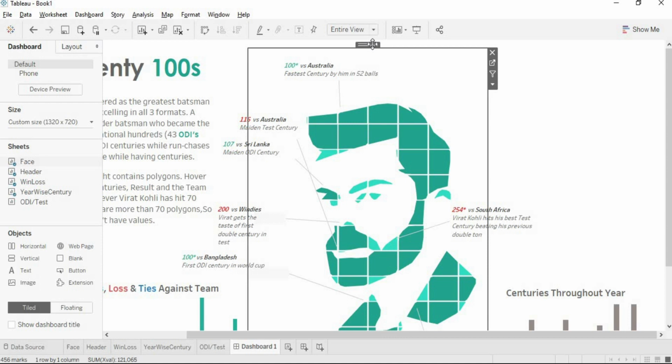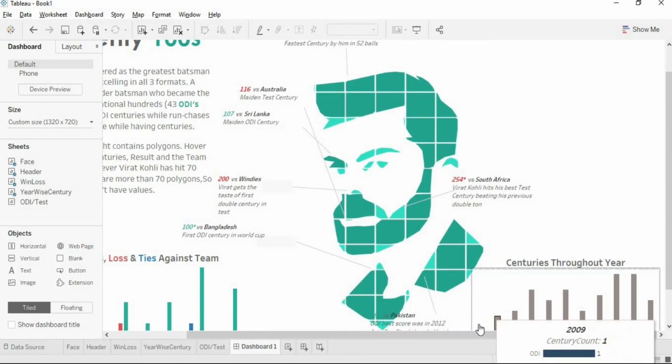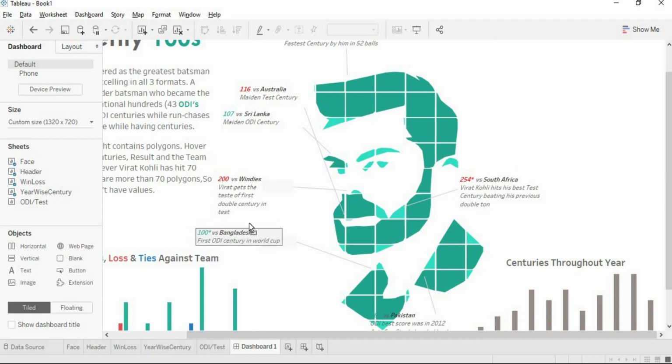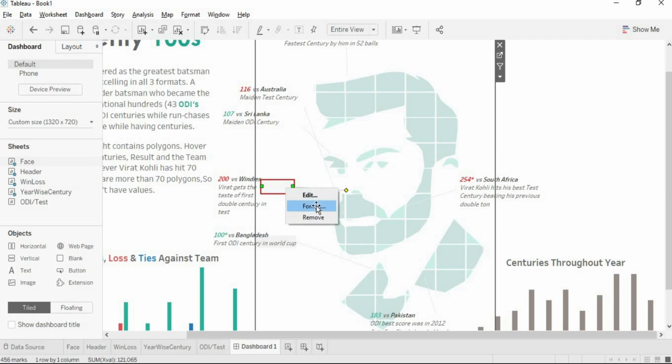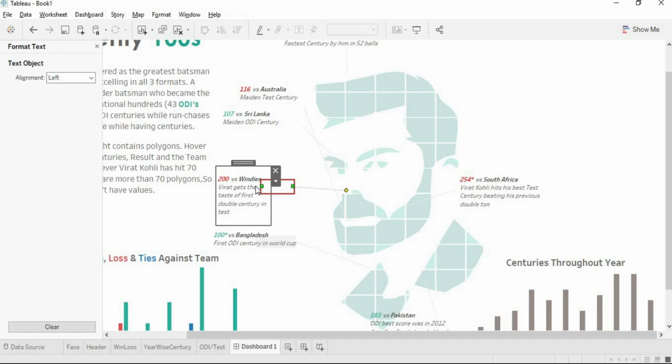Just add a little bit towards the right. Okay, the shade of this is not removed, so remove the shade here.